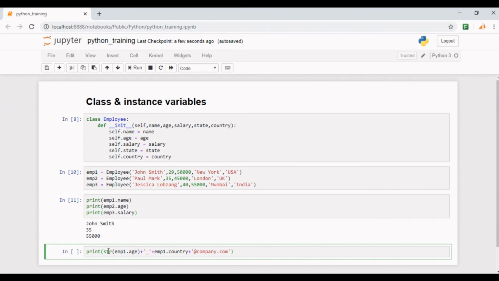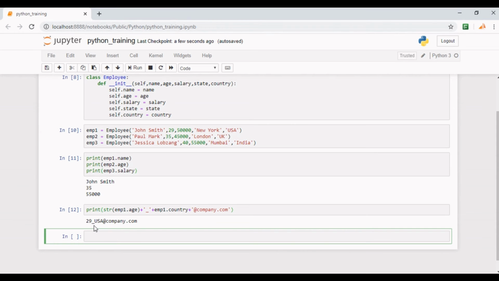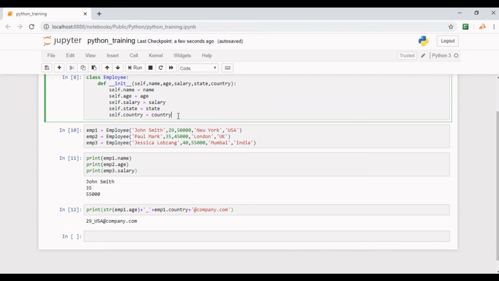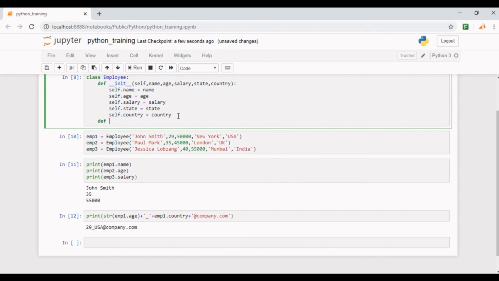Now let me run this piece of code. So here you see that we have created an email ID for employee 1 using 2 attributes, age and country. But if you want to create a method to make this code reusable, you can create a function inside the employee class like this. This method will accept the argument self by default.